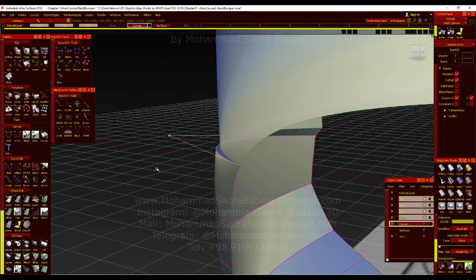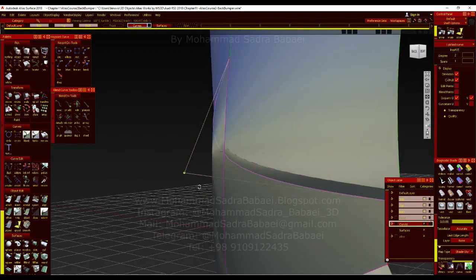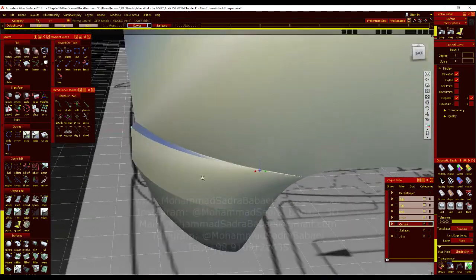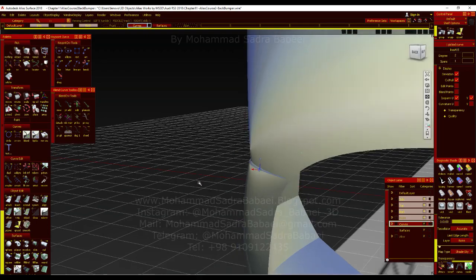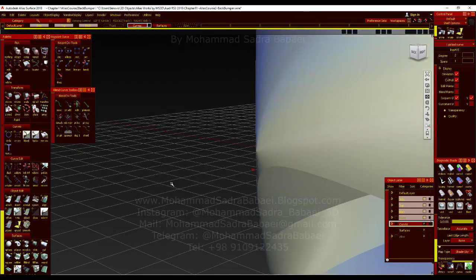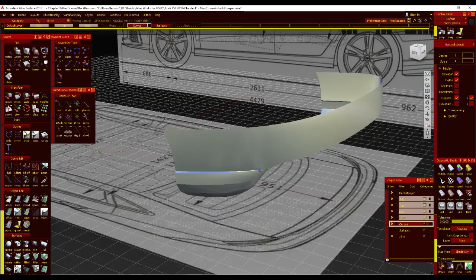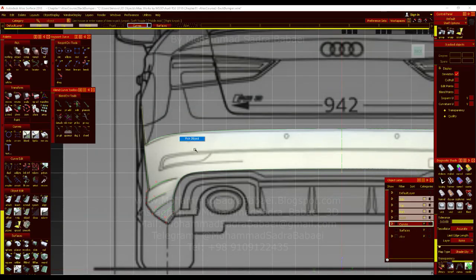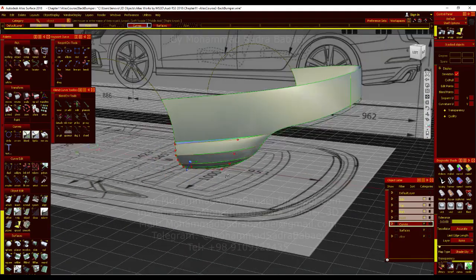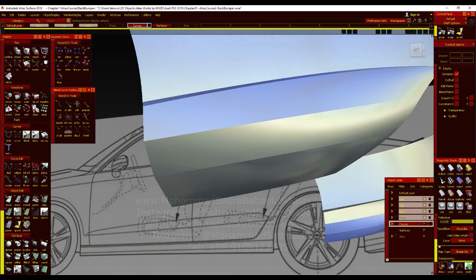and by moving CVs, you can achieve what you want exactly and try to have a similar model as your reference photos. So later we may have some fillets here, so we can see how much quality the surface has. So this is our final wireframe. I think it's good enough,